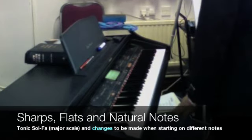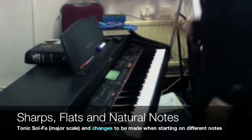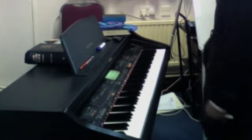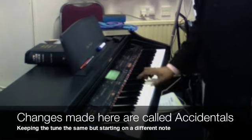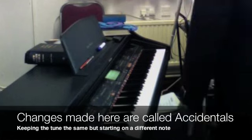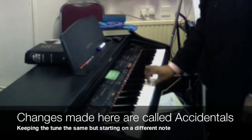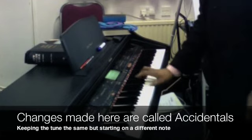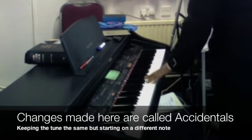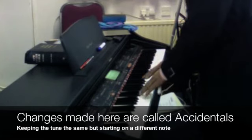Does that sound the same? It doesn't quite sound the same. I'm going to change it up. I'm going to make some changes, accidentals, to make it sound the same. Doesn't that sound a bit more similar? Just lower, right? Let me play it without the changes. With the changes. Right? So the reason we have to change things and put these accidentals in is because if